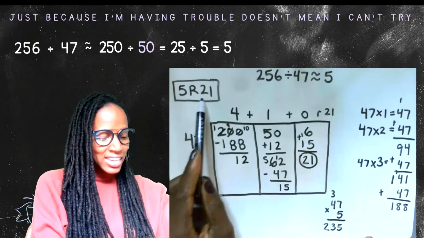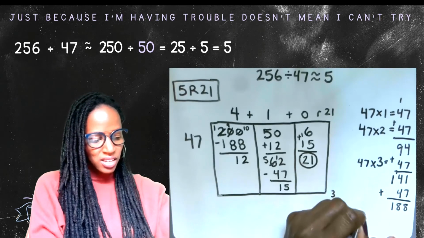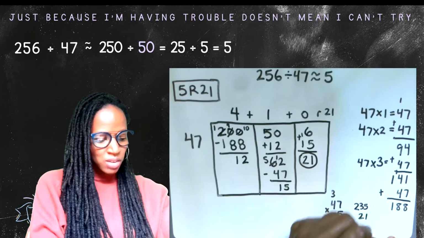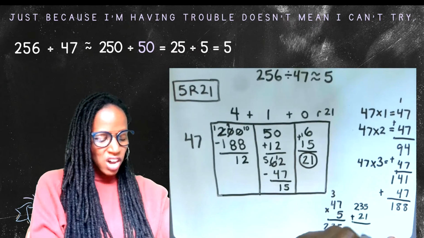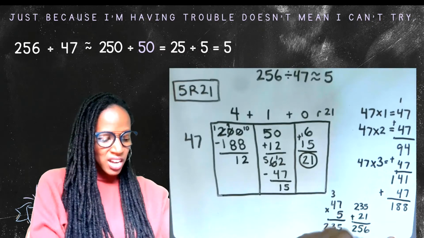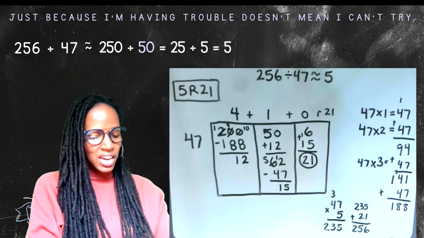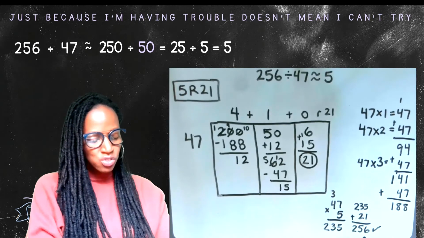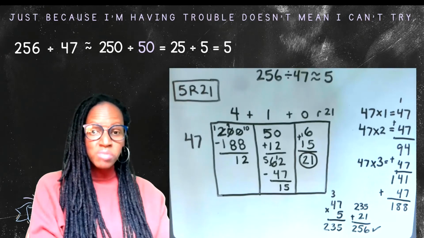And now I can take my 235 and add my remainder of 21. 5 plus 1 gives me 6. 3 plus 2 gives me 5, and that's 200. So I can see that once I checked it, I ended up with my original dividend of 256,